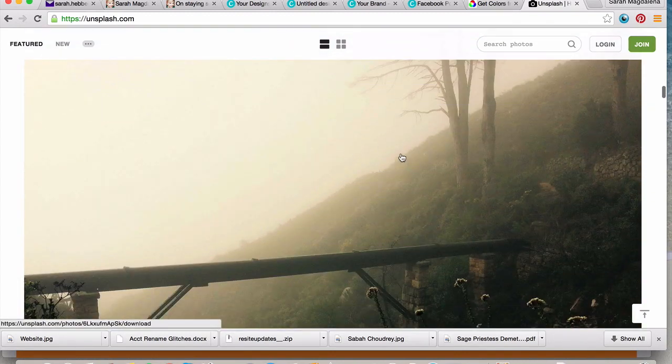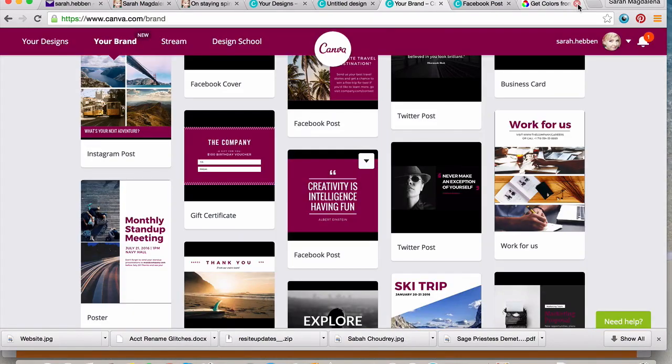I think this would work really beautifully, for example, because it has enough negative space here. So this is a great area in this image to layer with text if that's something you're interested in. Okay,